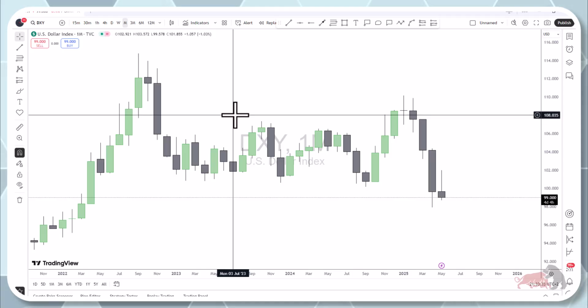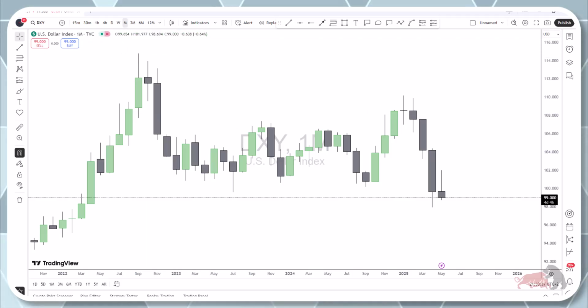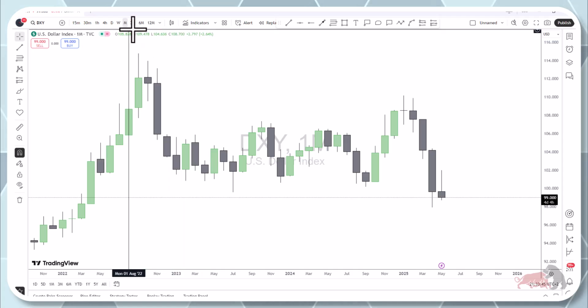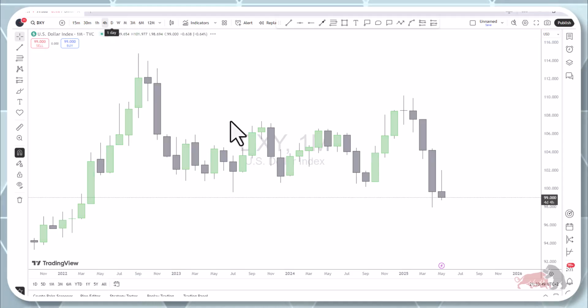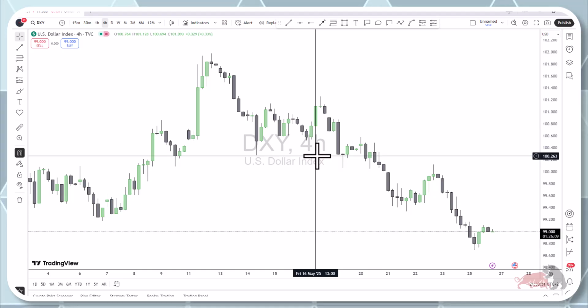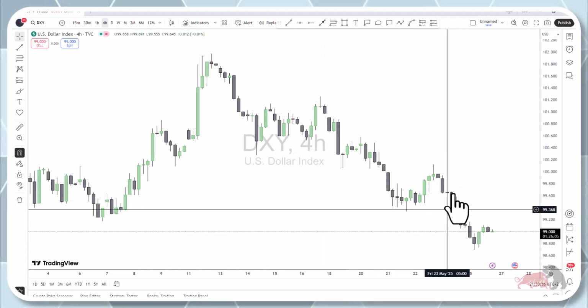So when we look at the dollar index today, right, we can see that it has now slipped back below the 99 level, right? We just slipped back below the 99 level. I'm just going to go on to a lower time frame, right? So if you remember correctly, my last